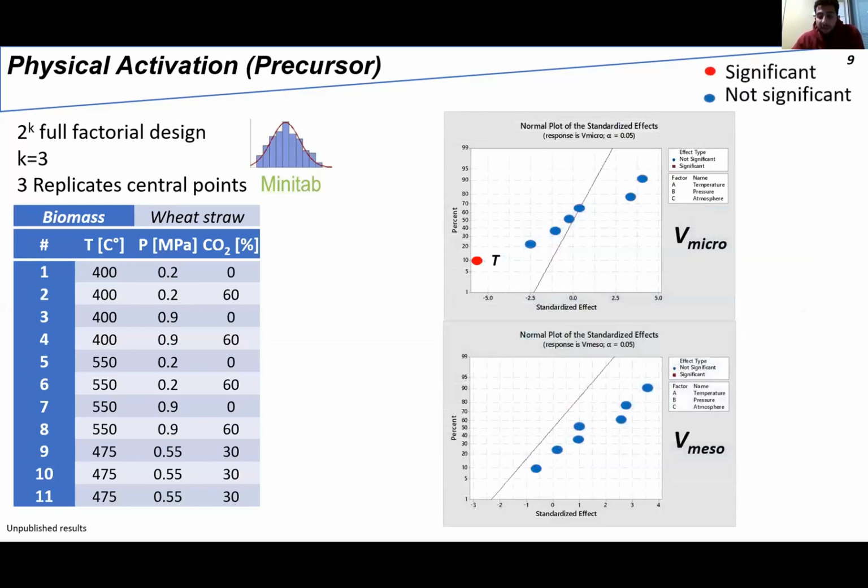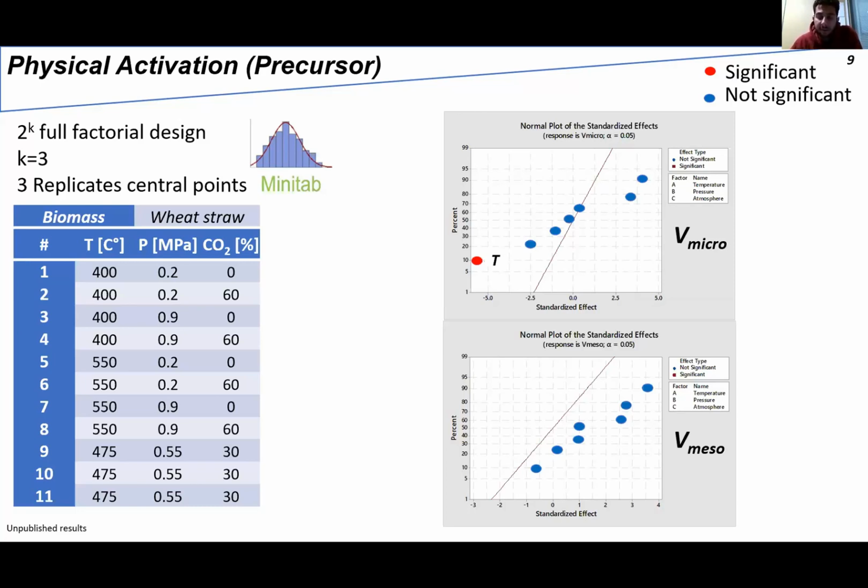We took the activated biochars and characterized them in terms of surface area and PSD, pore size distribution, and we analyzed the results with Minitab, which is statistical software, in order to identify the factors which have a significant influence on the output variables. In this case, for example, we can take a look at the normal plot of the standardized effects, and we can see that the red dots mean that the factor is significant for that variable, and the blue dots mean that it's not significant. As we can see, for the volume of micropores, the only significant variable is